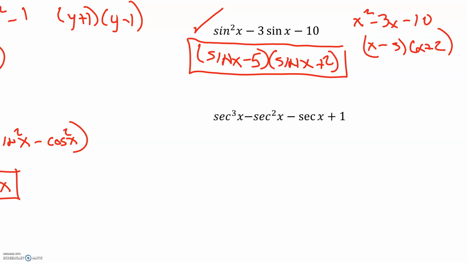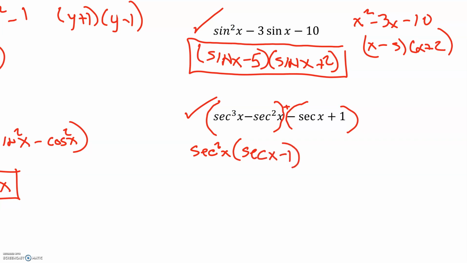On this one below here, we've got 4 terms, and so the idea always has been to do factor by grouping, right? So if I look at the one on the left, I believe I could factor out a secant squared of x. And that leaves me with secant x minus 1. On the right-hand side, if I factor a negative 1 out, we'll be left with secant of x minus 1. We factor out the secant of x